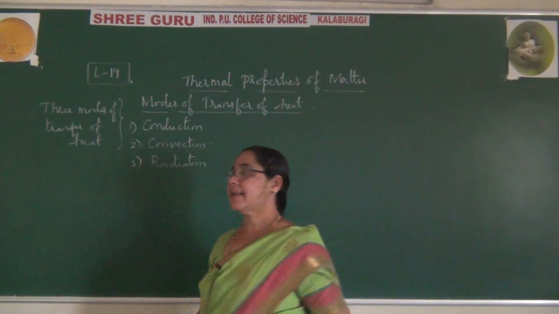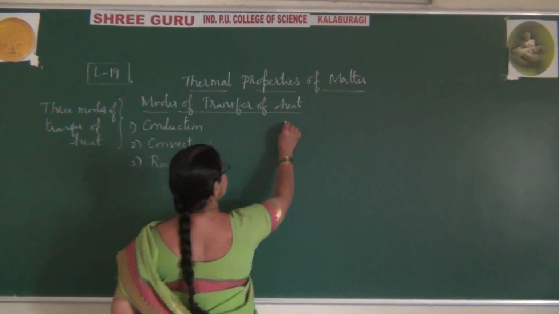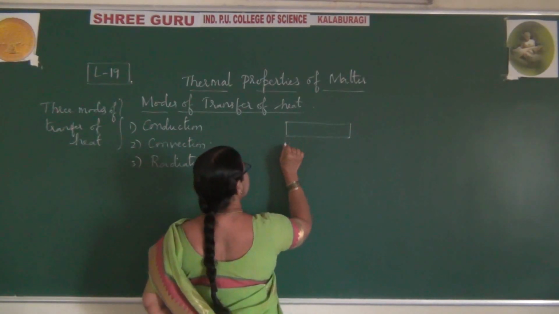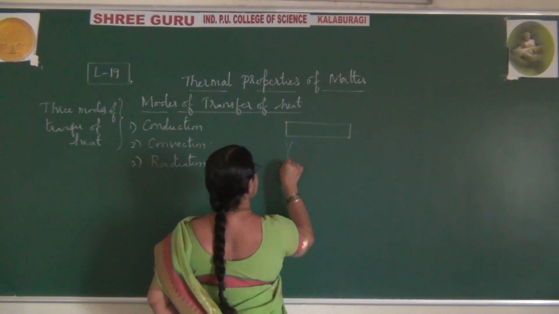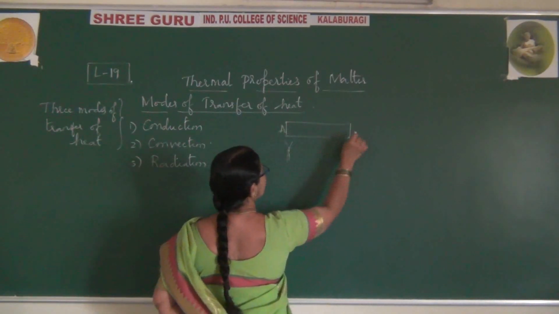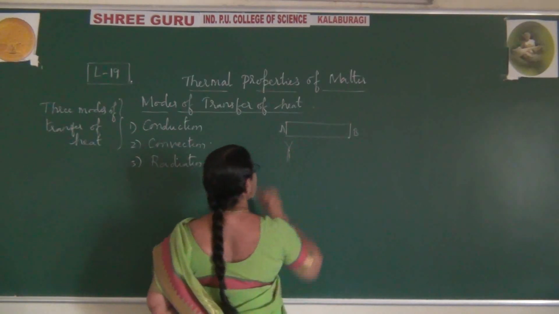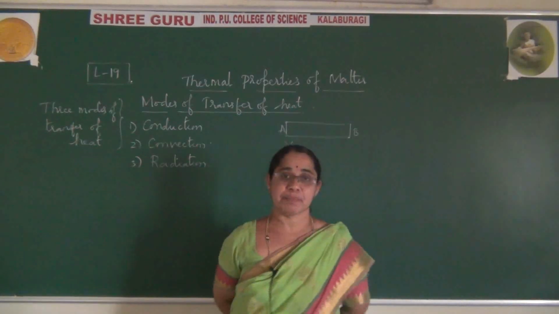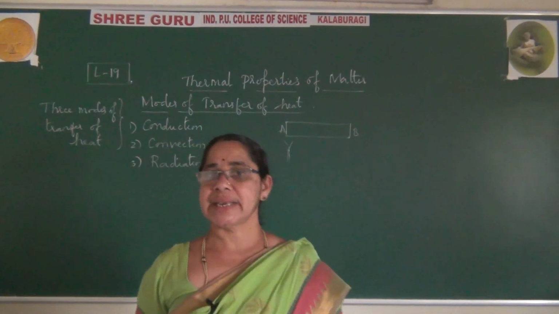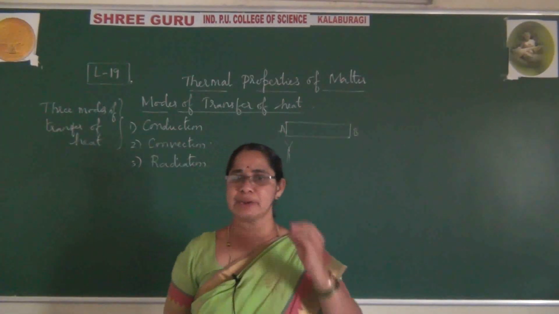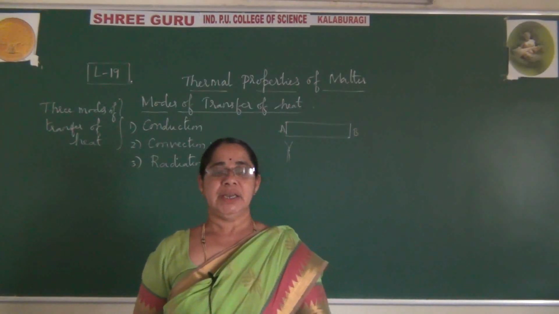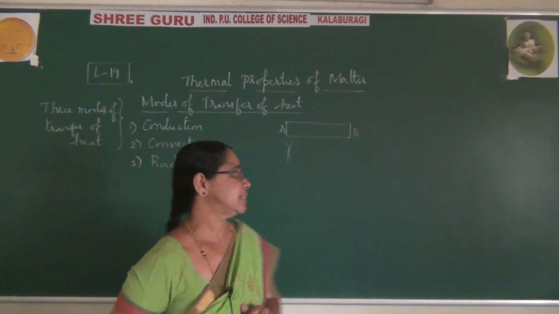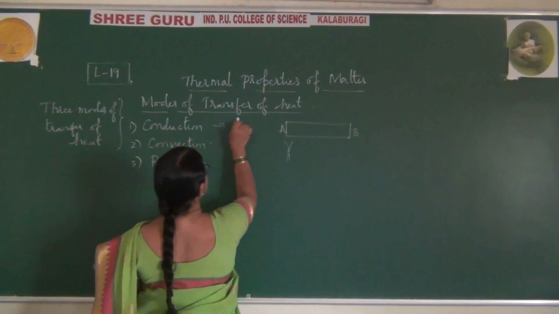So for this I take an example here. Let me take this complete rod. Here I am heating this rod at one end. Let me say this is point A, this is point B. So what happens here? Let me explain this conduction process now. This conduction can be explained particularly in solids. So particularly we speak of this conduction method for solid substances. So I take an example of solids.